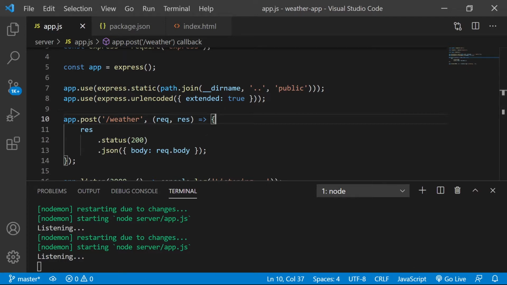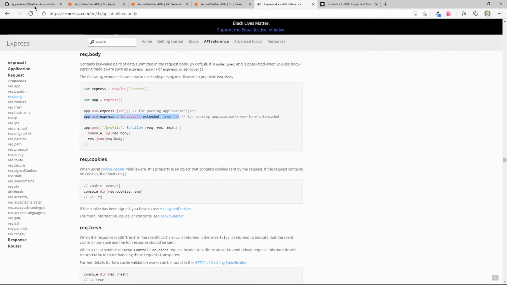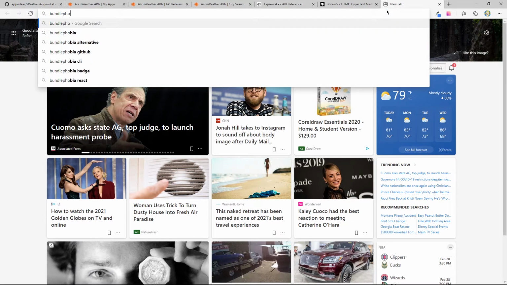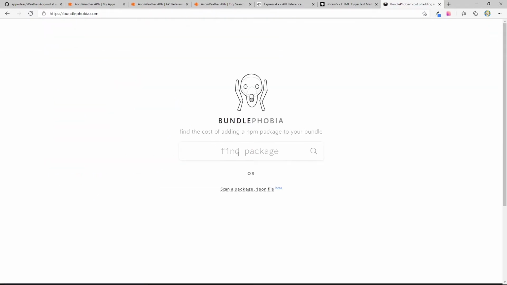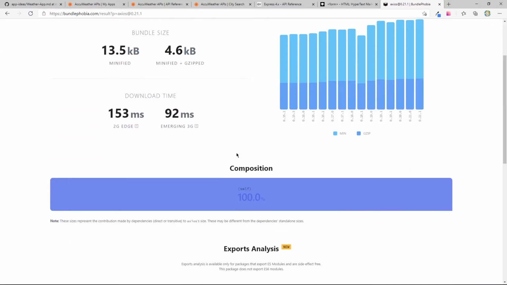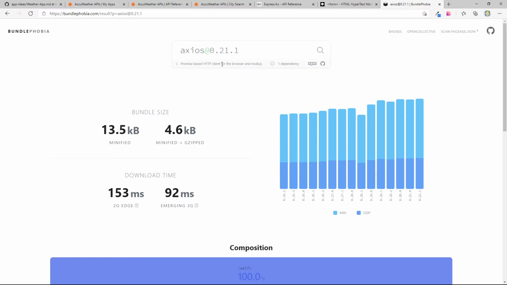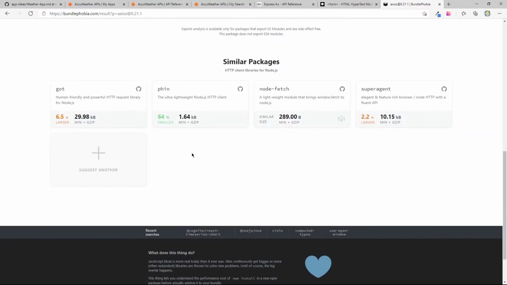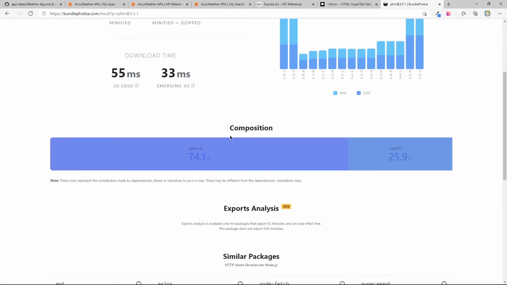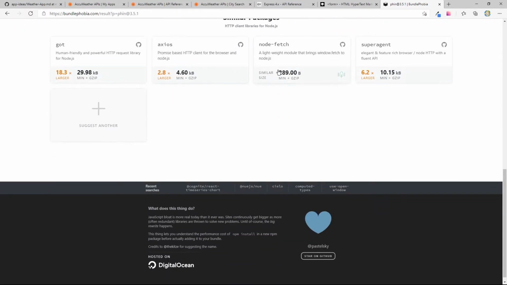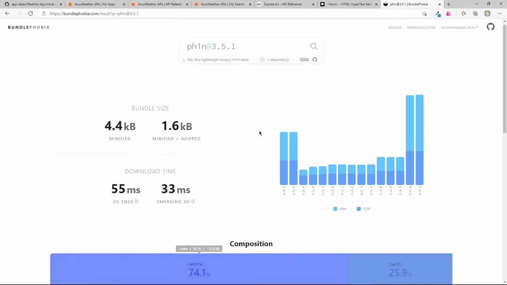On the website, if we come back here, they mentioned Axios, but this is just for fun, there's a cool website called Bundlephobia, and I think it tells you the cost of adding an npm package. So if I come here and do something like Axios, oh wow, Axios is even better now than it's ever been. This wasn't like this a while ago, but I guess it's come along. I mean, fin apparently is even more lightweight. Axios is larger.